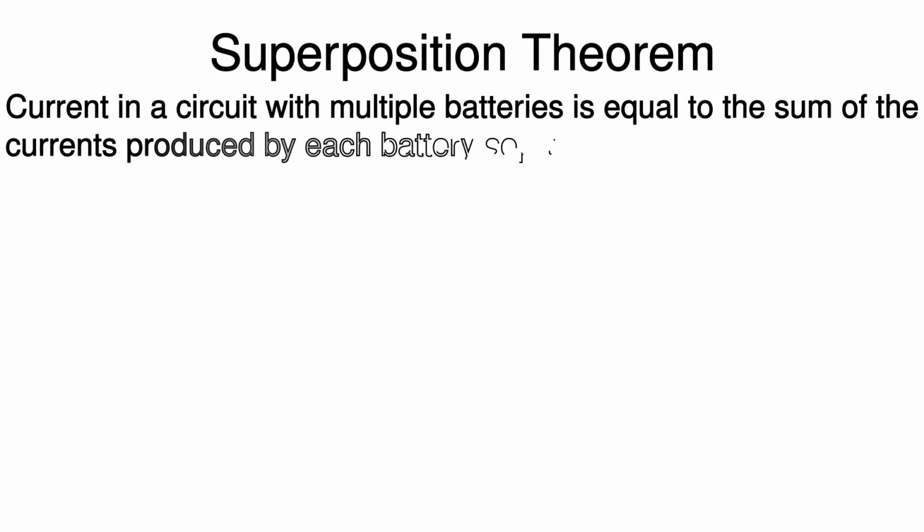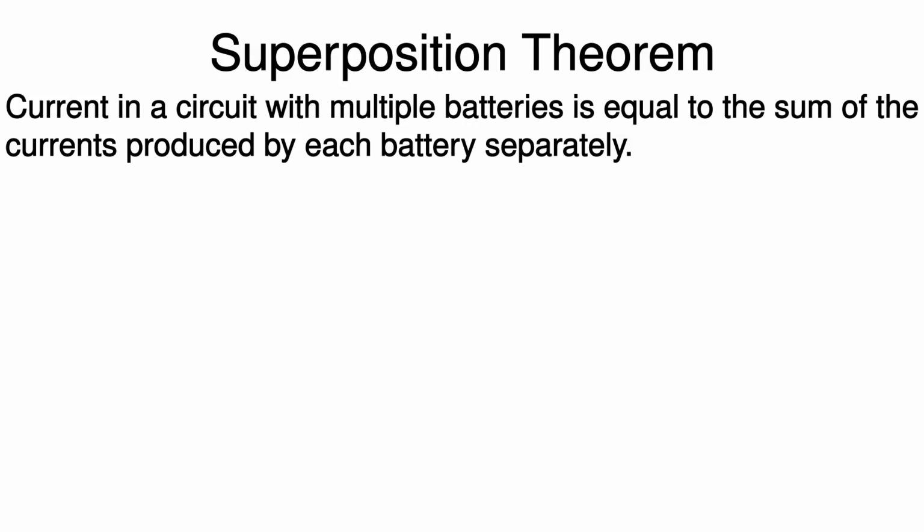The superposition theorem says current in a circuit with multiple batteries is equal to the sum of the currents produced by each battery separately. I will not prove the theorem, but just briefly, the theorem works because in a linear circuit, the voltage across or current through any part of the circuit is just the sum of the contributions from